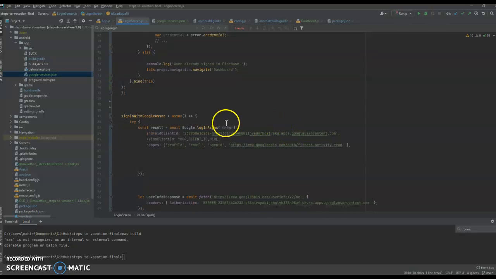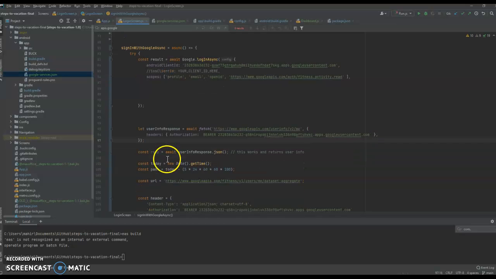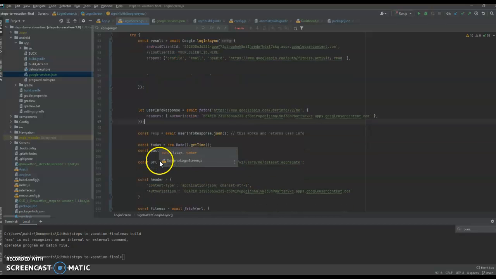And if anyone is going to watch this video at all, and if you ask me what this code is, I really don't know how to explain it to you because it's not my code. I just copied it. There's my API key or my client ID. I don't know,